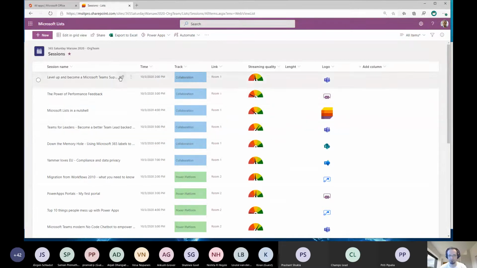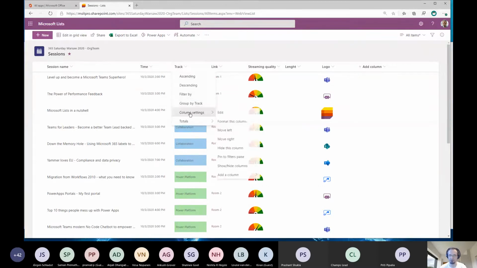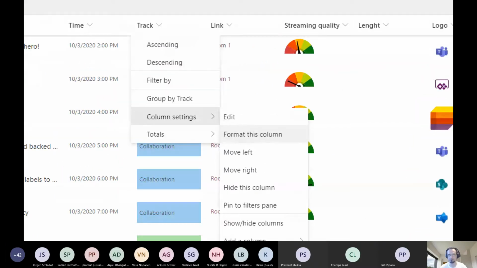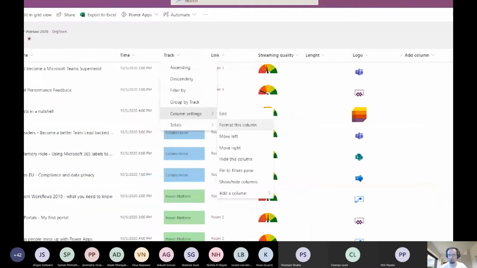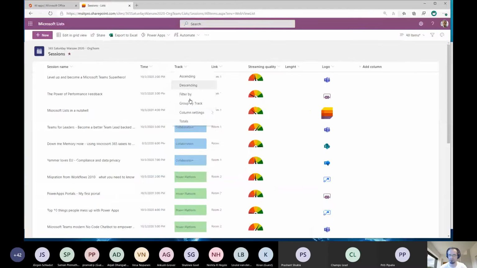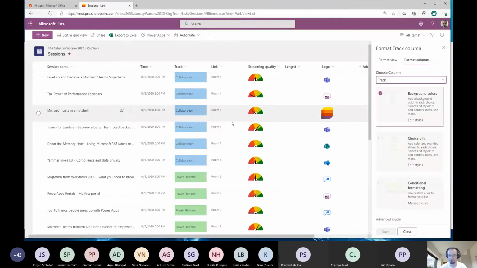So each column, if I go, let's say, for Track, has column settings and format this column options. So that's pretty cool, because I can do every single operation directly from my list view. I don't need to go to options, and it depends on the column data, column type.